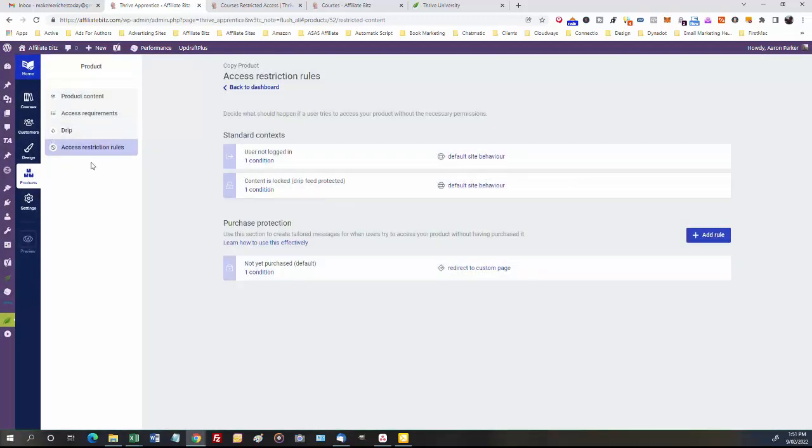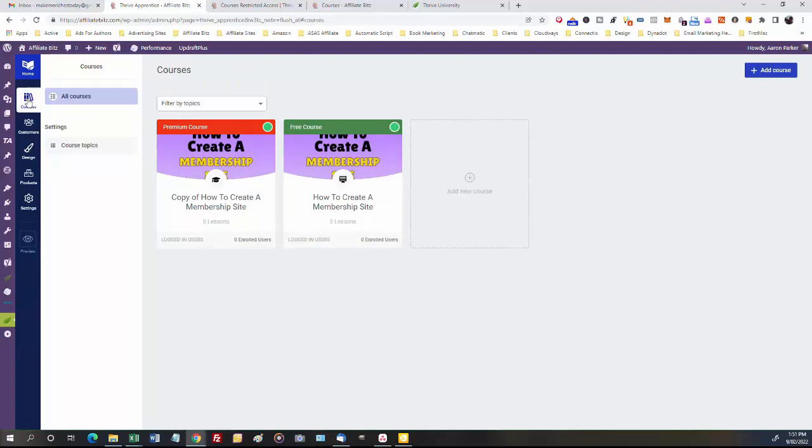Last but not least, we come down to our courses, and as you can see here, I've modified this one to be a premium course. I've gone into the course on each of the lessons, and I've said take on the restrictions from the product that I've set on the product, whereas on the free course, as I said before, it says, this is free to everyone except when it gets to that 3rd lesson. Okay. So what we'll do just now, I'm going to go into